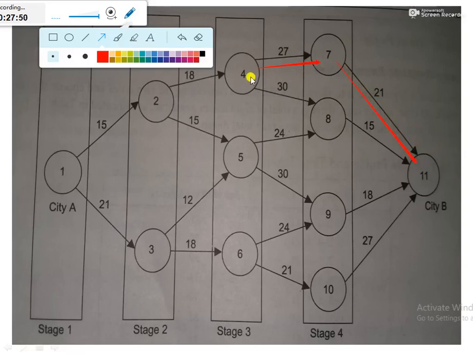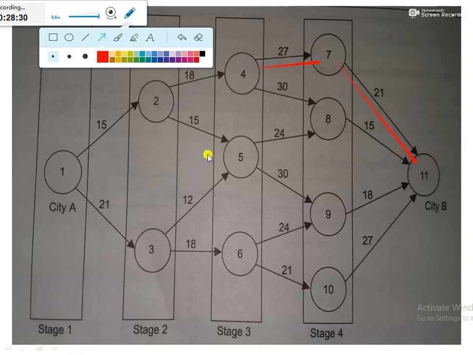So after traveling from 4 to 7, the traveler has to take the route 7 to 11. Then what would be the total time taken on this route? That would be equal to 27 plus 21. 4 to 7 will take 27 hours, and after reaching point 7, the traveling time between 7 to 11 would be equal to 21 hours. So after opting for this route, the total time that the traveler would take to reach the destination city would be equal to 27 plus 21,